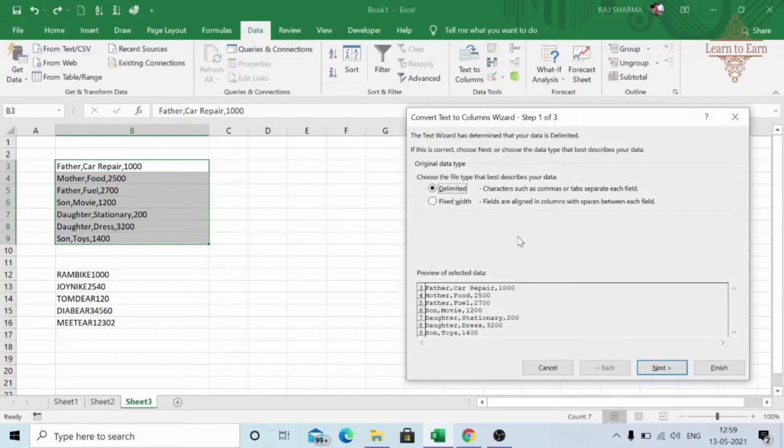Now here you can find that two options are being given. First is delimited. Delimited means characters such as comma or tabs separate each field. So if the comma and tabs are used to separate each field, then this delimited can be used. If that is not there, then the second one can be used, that is the fixed width.